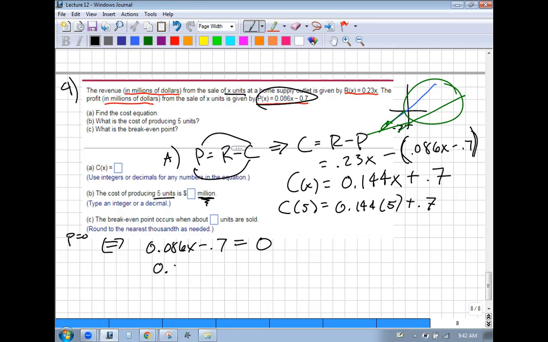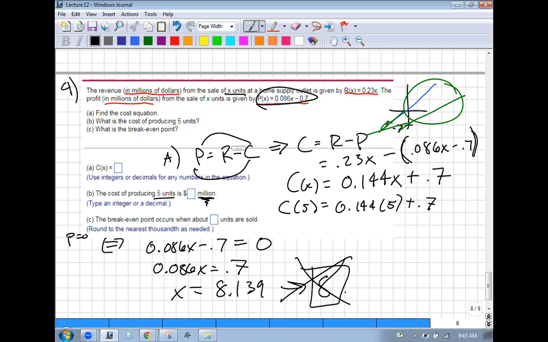So this is easy. We just move the 0.7 over here. Now divide both sides by 0.086. So 0.7 divided by 0.086 is 8.139 or whatever. So 8 units, rounding down. Oh, they want us to round to the nearest thousandth. Okay, fine. 8.139, so they don't want us to round. 139, actually this is a 5. So that would turn